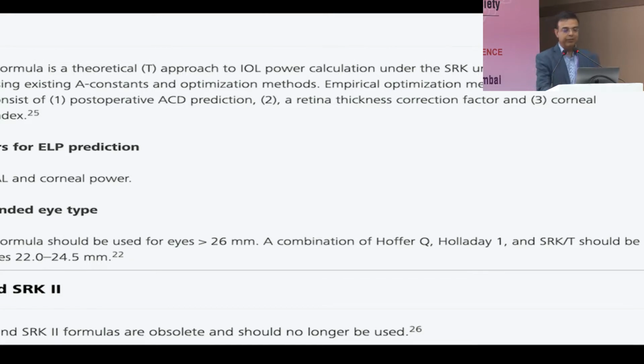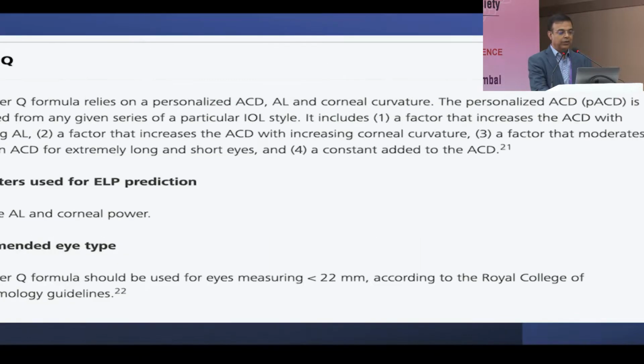So starting from the SRK/T, which is a theoretical formula and which we have been using for long, it still holds true, because when I have to do a manual biometry in mature cataracts, I would still go back to the SRK/T. Its strengths are basically for long eyes as well, and using the Wang-Koch adjustment, it can become a very useful formula, and should be preferred not only for the standard eyes but also for the longer eyes, especially if you are doing an ultrasonic biometry. However, the SRK I and II